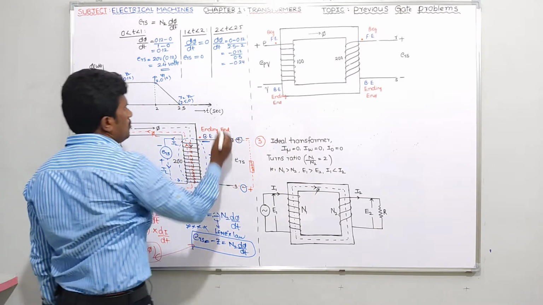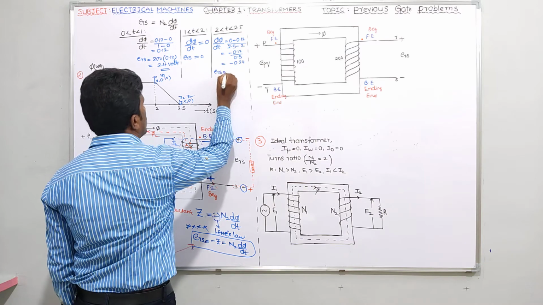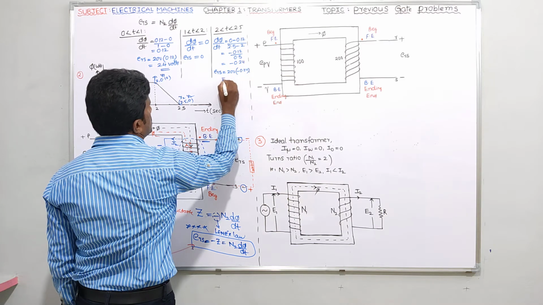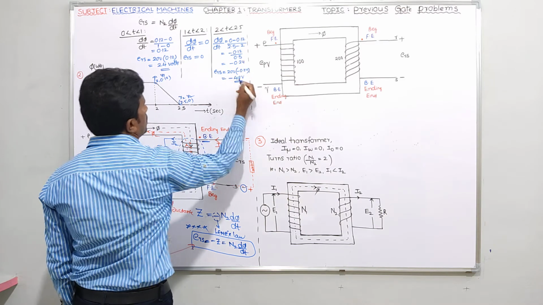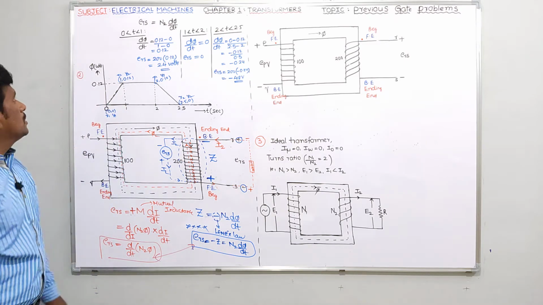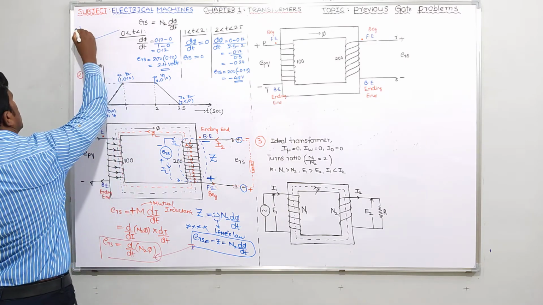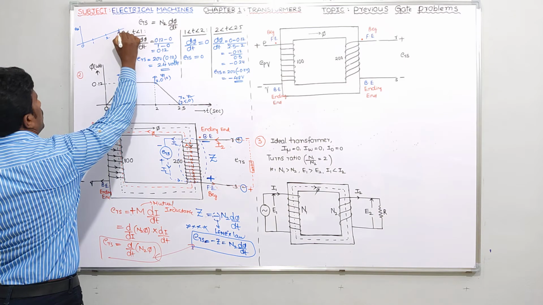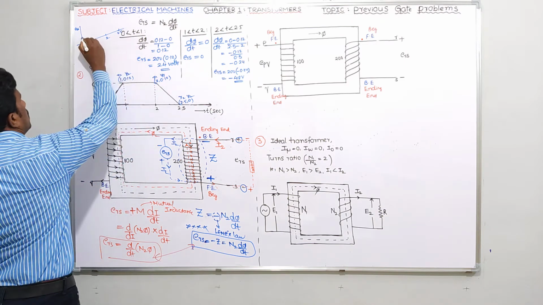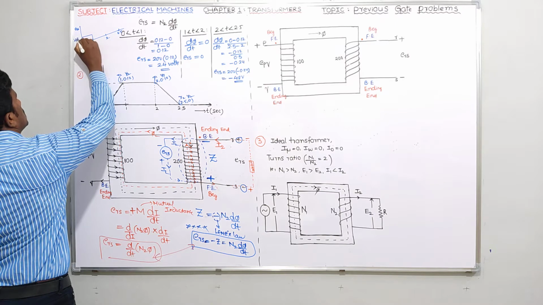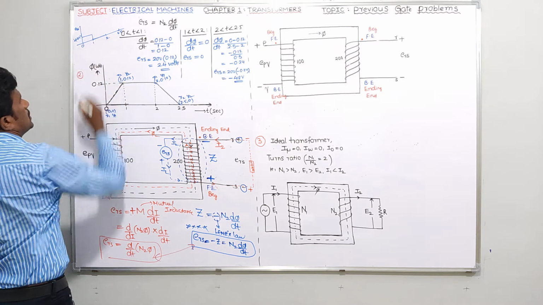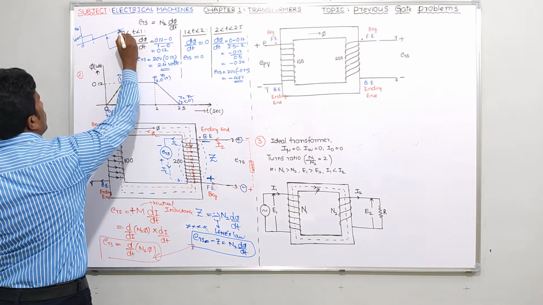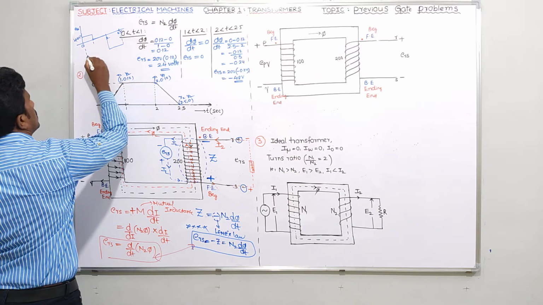Okay, right. Now what about the ERS value? N2 is 200, d phi by dt is minus 0.24. So what is the value? Minus 48 volts. Okay, so your answer should be like this. If you write the ERS value against 0, 1, 2, 2.5: from 0 to 1 it is plus 24 volts, from 1 to 2 you can say 0 value, and from 2 to 2.5 minus 48 volts.